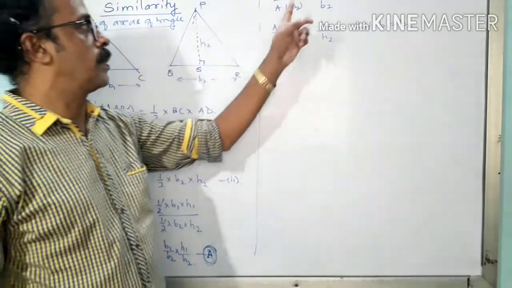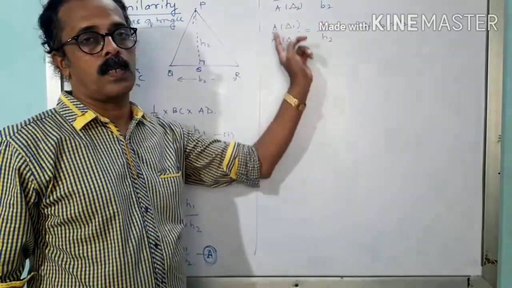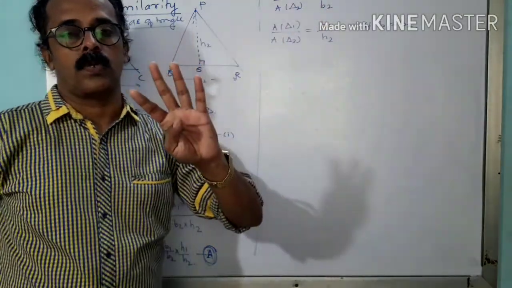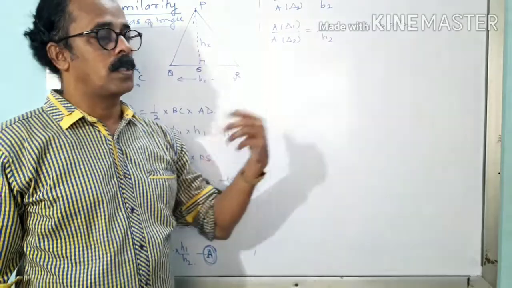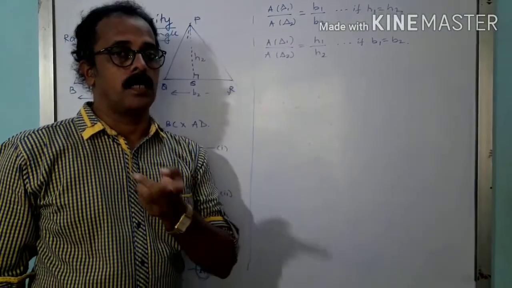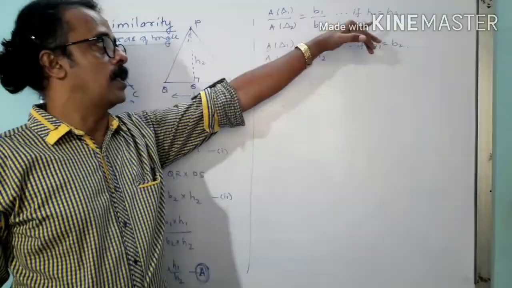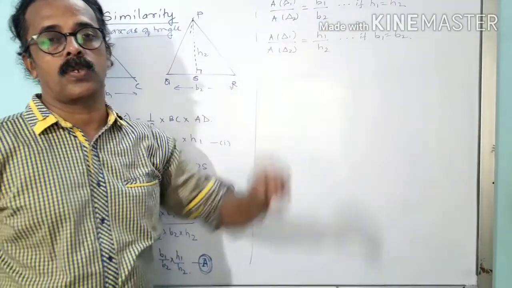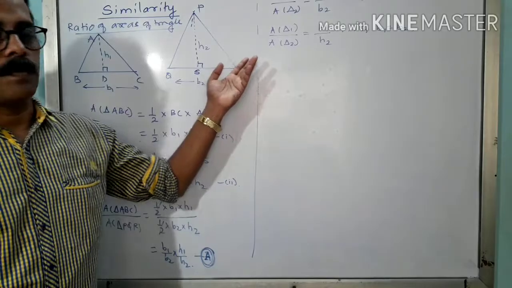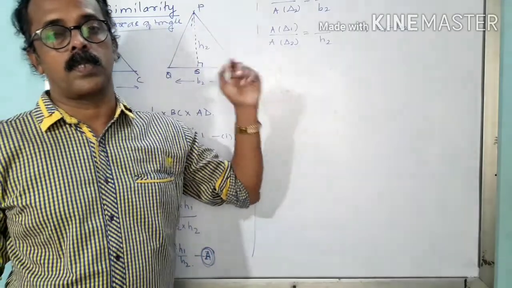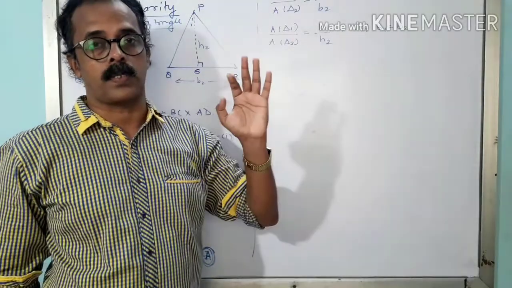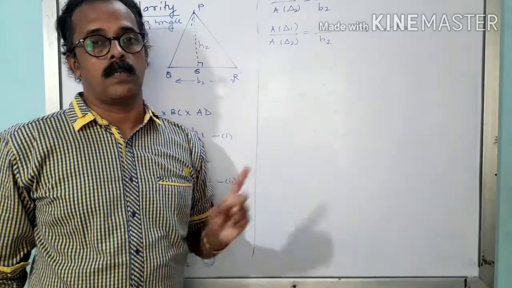Again, you could observe here 1, 2, 3, 4, so 4 quantities are there, out of which they will give you 3 and ask you to find out the 4th. Or they will give you that the heights are equal and two bases, and ask you to find out the ratio of areas of the triangles. Depending upon that, they will ask many types of questions. Even word problems could be asked, but there is a proper way to handle word problems.